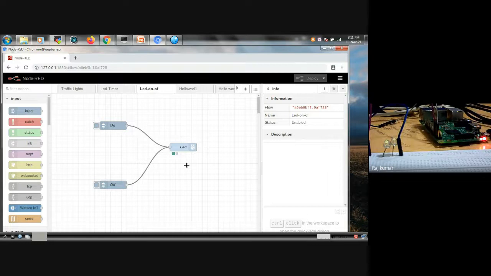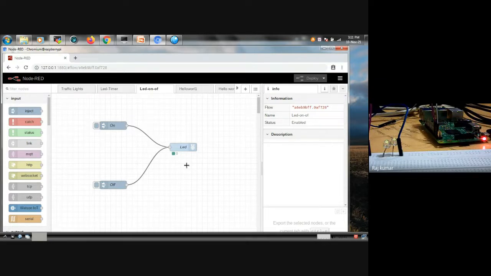For example, if you use a temperature sensor like the DHT sensor, some value will be there. If you want to use that sensor, you have to use that particular node, which takes three values: power supply as 1, negative as 0, and data.